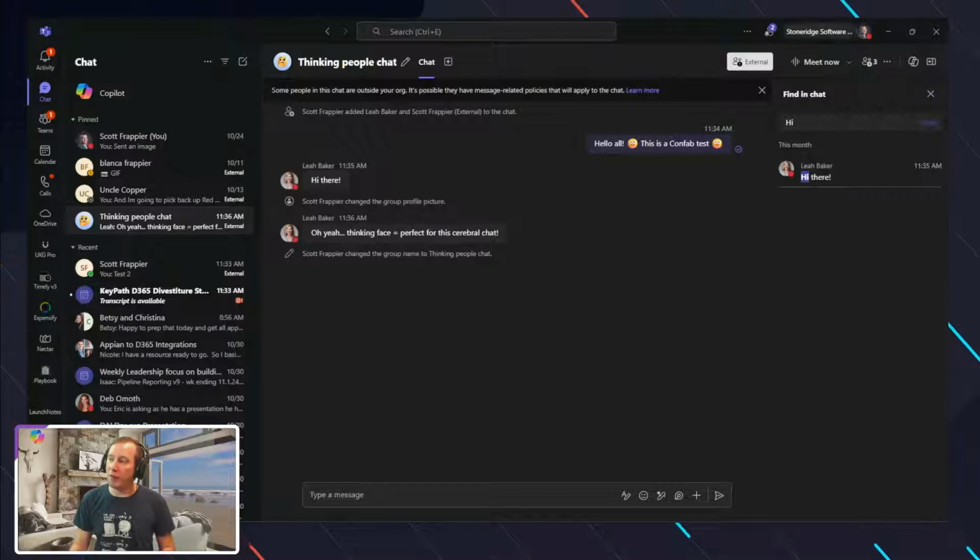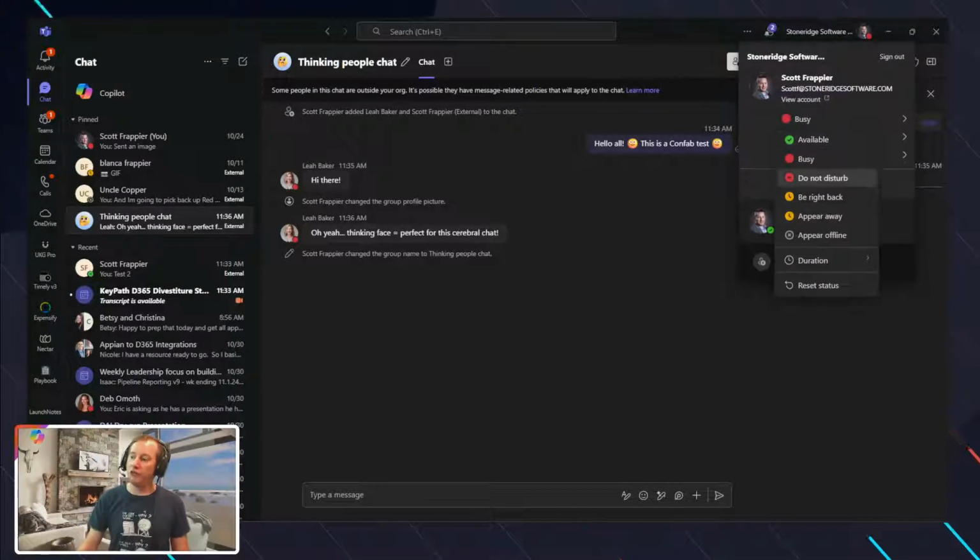Or what you can do, remember, for your status changes, if you change it to do not disturb, only those priority individuals that you've denoted will notify you. Key thing to remember, best practice: make sure you take off do not disturb when you're done, because if you have do not disturb on, calls and texts or chat don't go to you, or they go to you and they don't notify you. And for phone calls, that's been a big problem that I've seen in the past.